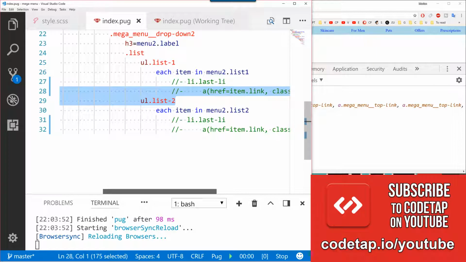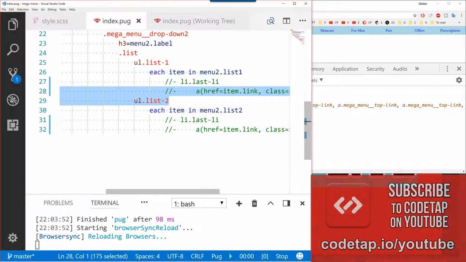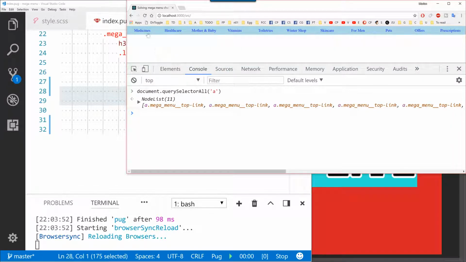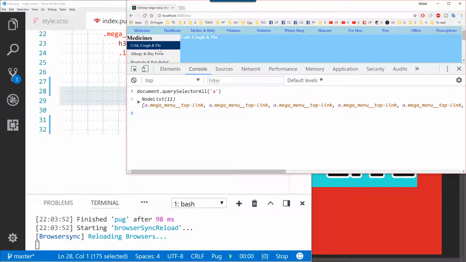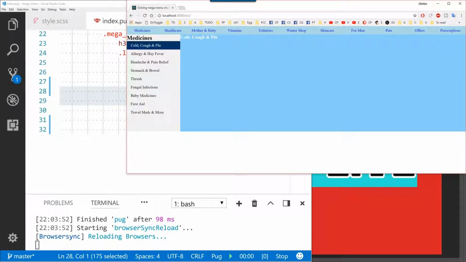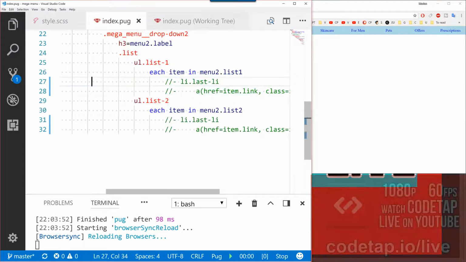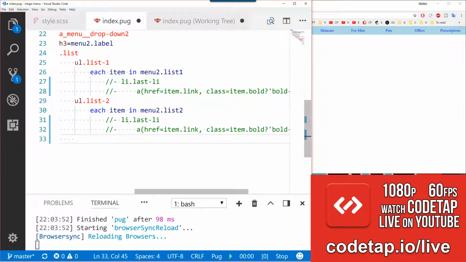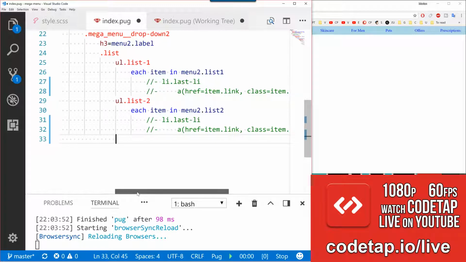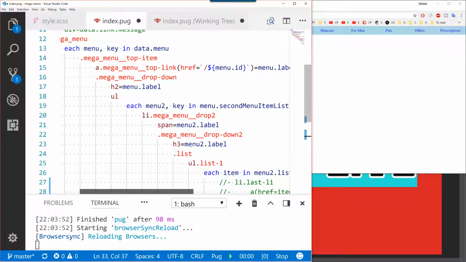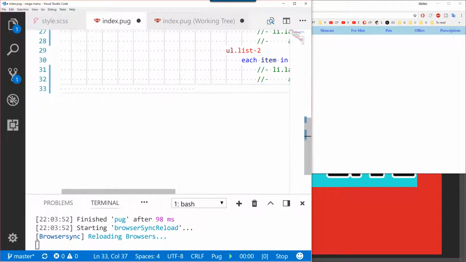So basically, what do we want to do now? Using JavaScript, we would want, on hovering those ones over here, so for example cold, cough, and flu, let me close this window, when we hover over these menus, we want to recreate the links that we just commented out. And for this, let's see how we do it. I want to create a script tag and insert some JavaScript at the same level as this mega menu. So over here,